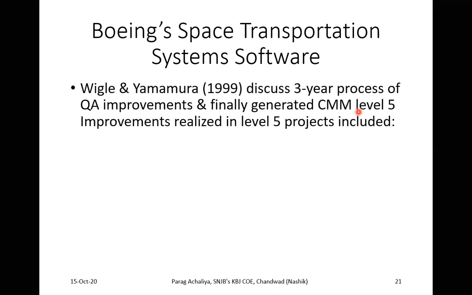What is there in this? Wiegel and Yamamura in 1999 discussed a 3-year process of quality assurance improvement and finally generated CMM level 5 improvements. Improvements realized in the level 5 project included the following. There were two people, Wiegel and Yamamura. In 1999, they discussed a 3-year process of quality assurance improvement. They developed, we can say, a blueprint of 3 years, and they achieved the CMM level 5 in these 3 years. What they proposed: